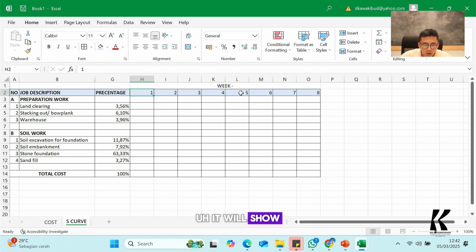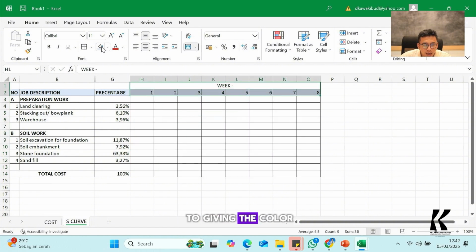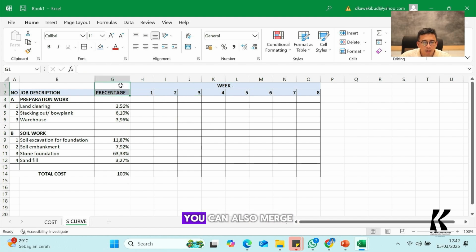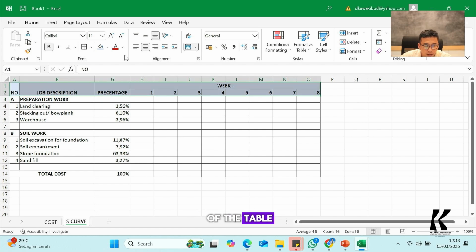It will show whether your project is in week 1, week 2, week 3, and so on. And then don't forget to give the color and put the title. You can also merge this cell like this one, to make the table equal and have a good title at the top of the table.